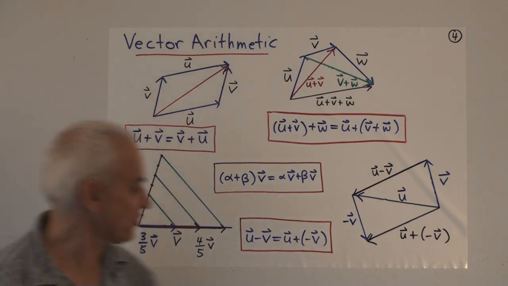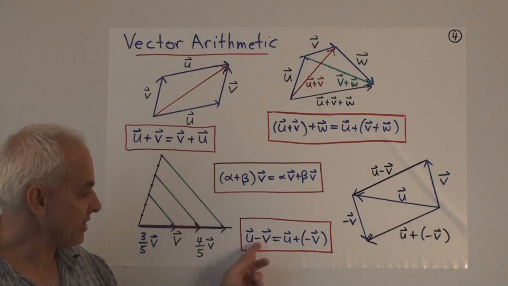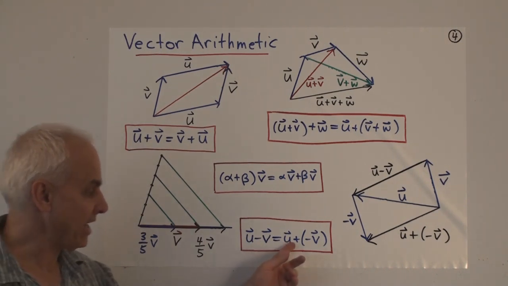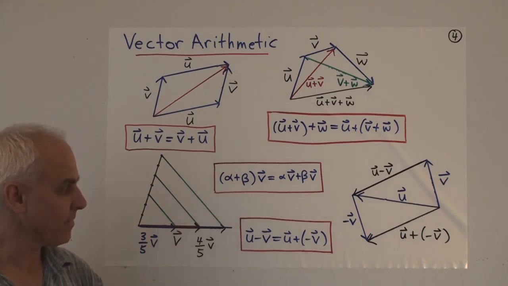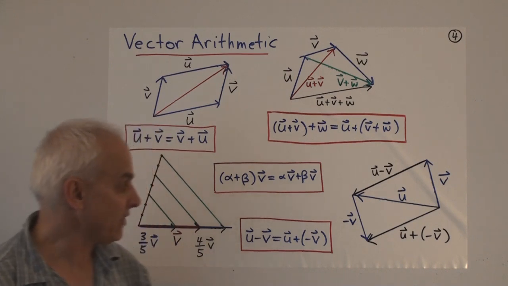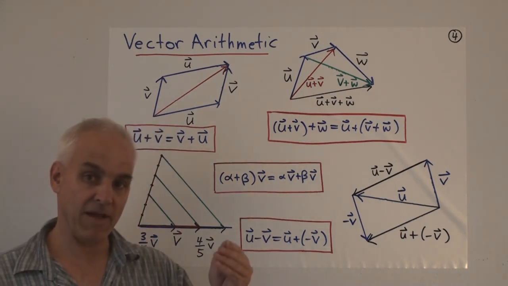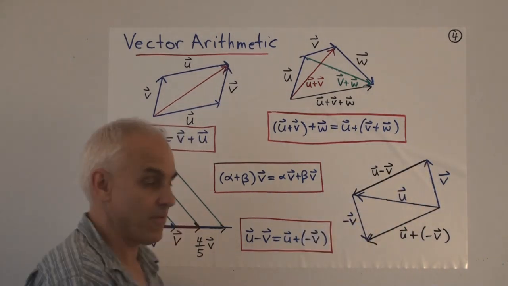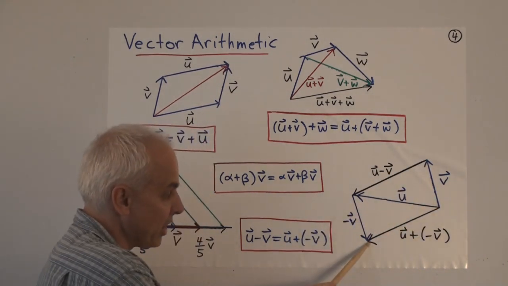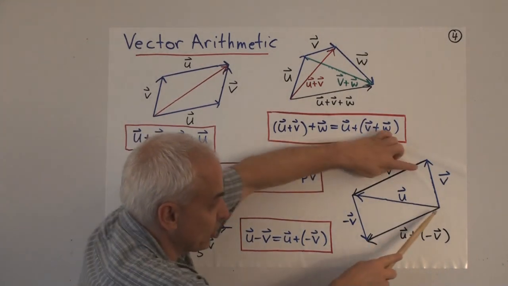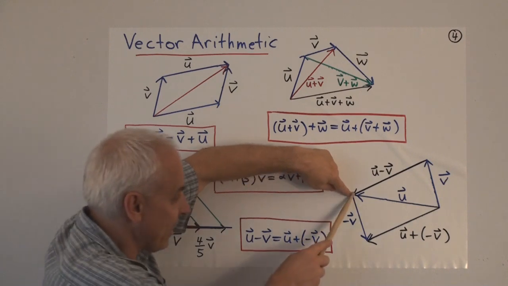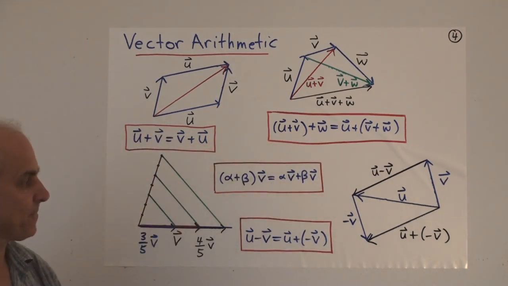And the last diagram illustrates that the negative operation acts a lot like adding the negative of a vector. What's the negative of a vector? Well, that's an important thing to realize. The negative of a vector is the same vector in the opposite direction. So here's the vector v from here to here. And over here you have something that's parallel to it, but from here to here is in the opposite direction. So this is the vector minus v.